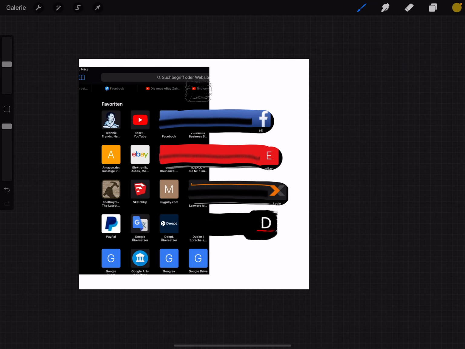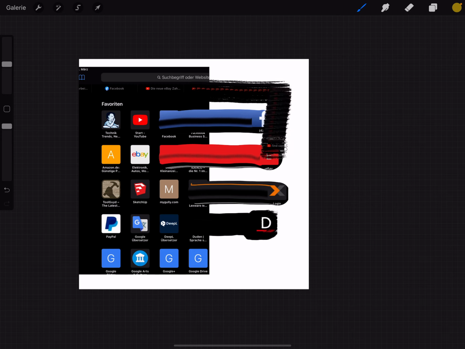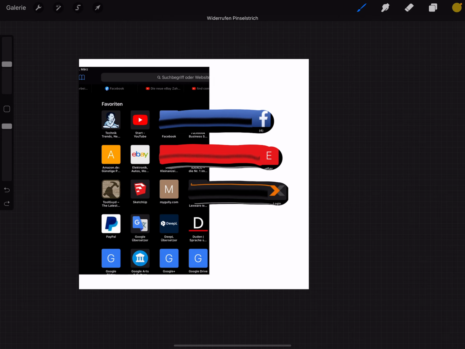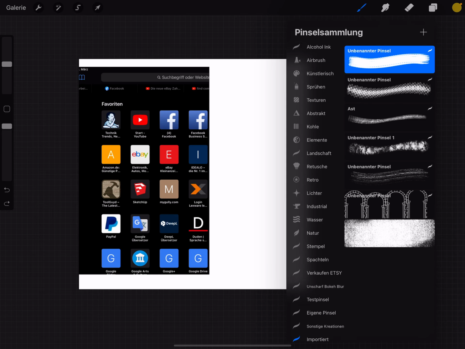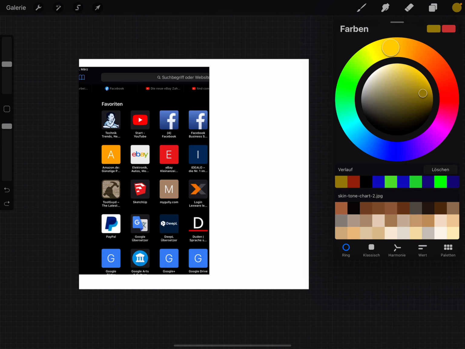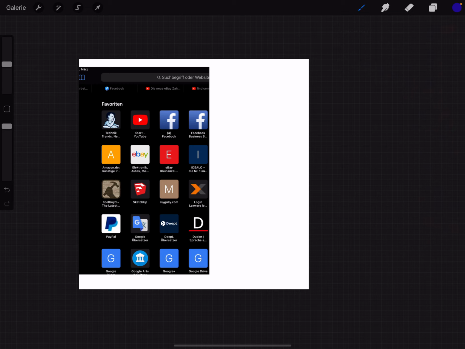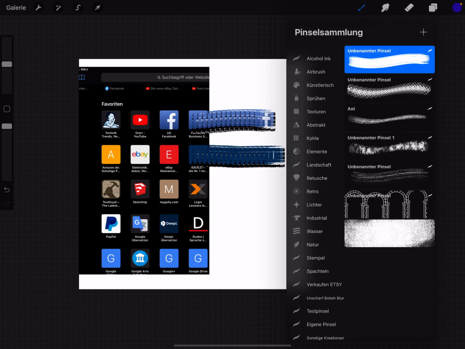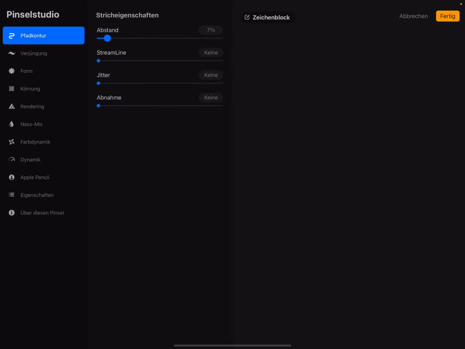For example, okay. And now I change the color. For example, blue. Same thing. I'm changing the path, stroke size.